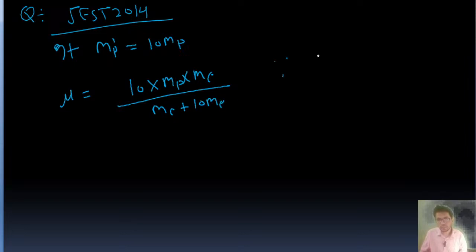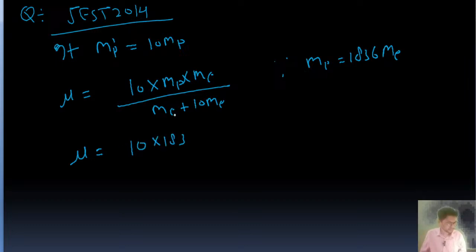And now we know MP is 1836 times me. We'll put the value, so mu is going to be 10 into 1836 into me upon